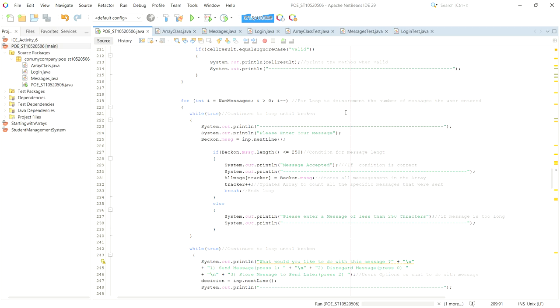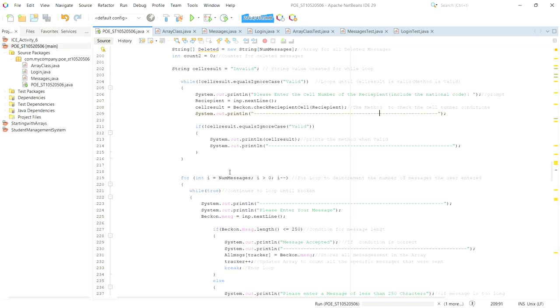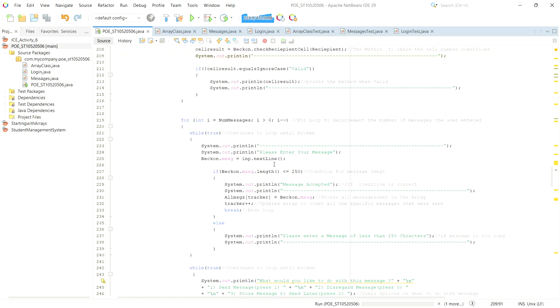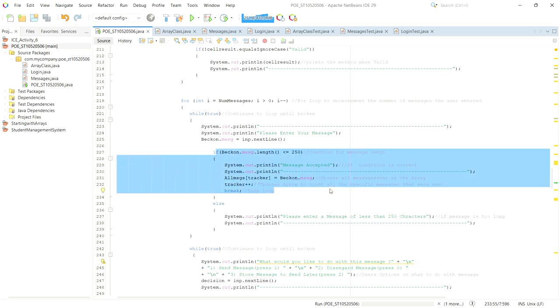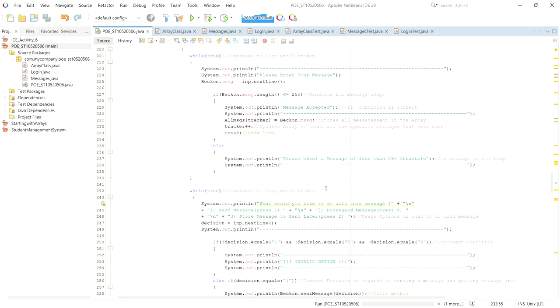Okay, then we have another for loop here, which is essentially all part of the main bigger picture, which is option 1, sending messages. It just makes the application seem more lucrative and easier to use. So this just makes it all simpler. And obviously our application has some limitations such as message length, so we had to incorporate that here, where we have a checker for the message length. And yeah, then we can continue on